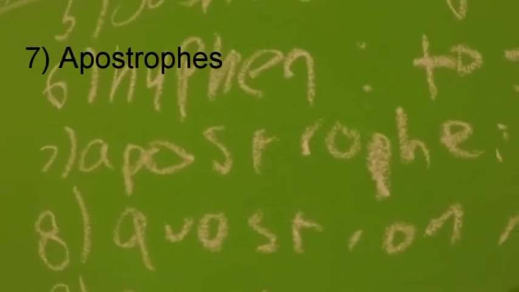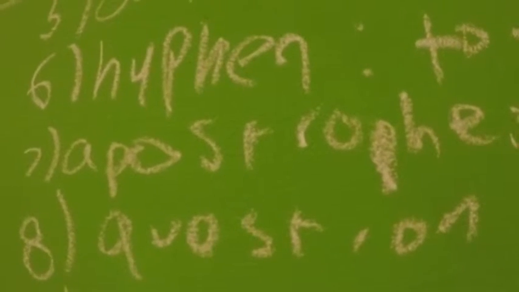Number 7, the apostrophe. Now everyone's familiar with an apostrophe, and to be honest, they are actually a bit more simple than people think they are. The apostrophe has 2 main functions. The first function is over here. They are used to indicate possession. And this is the function that most people are familiar with, right? So we say